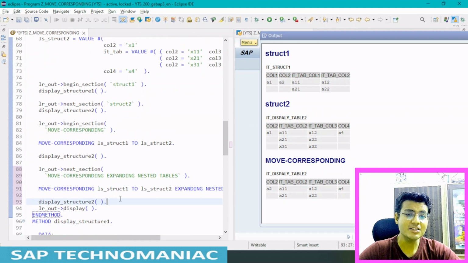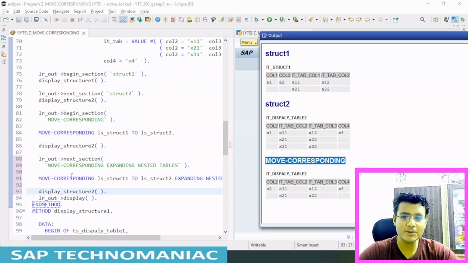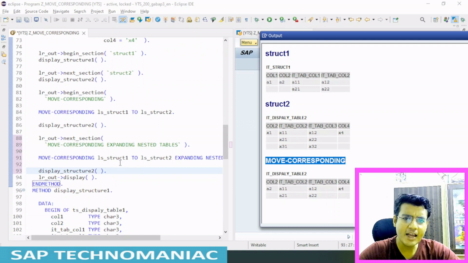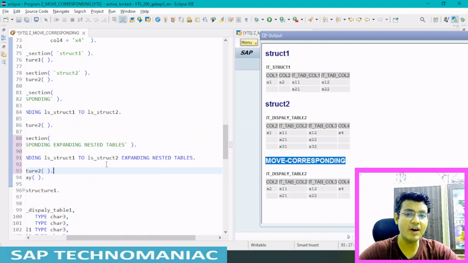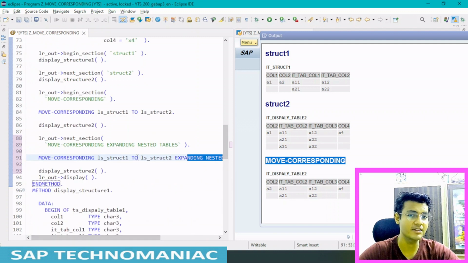So in this case, we have move corresponding expanding nested tables. I am creating this next section, and again moving ls structure 1 to ls structure 2, and while moving structure 1 to structure 2, I'm expanding this table as well.